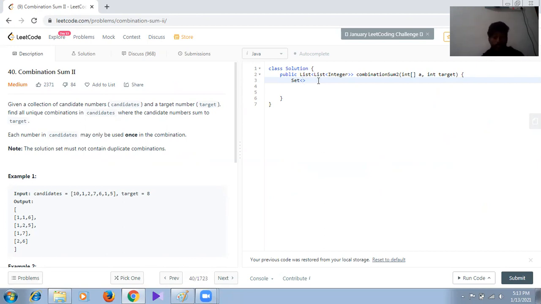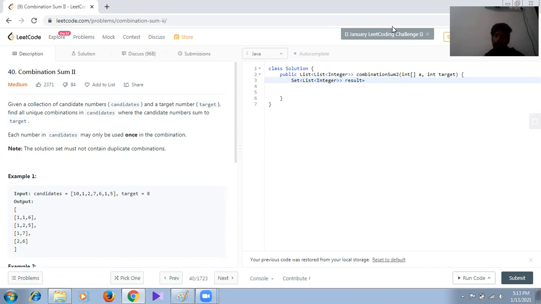What type of list is this set going to store? A list of integers. The name of this we will put as result. Finally we will store all the combinations in result, and we will return this result.